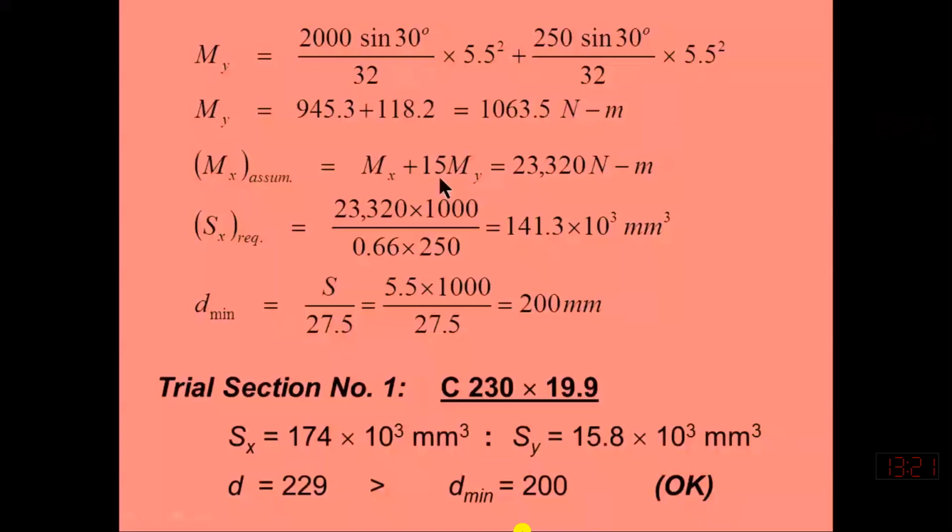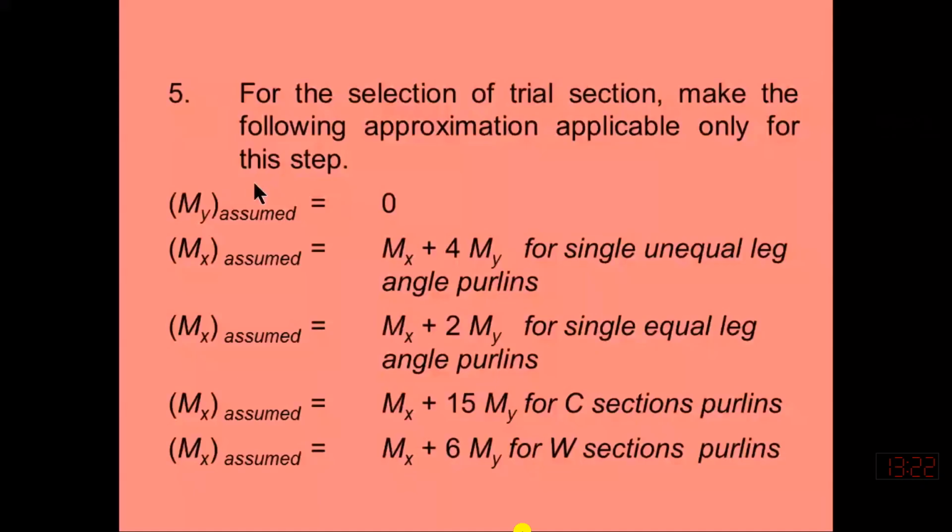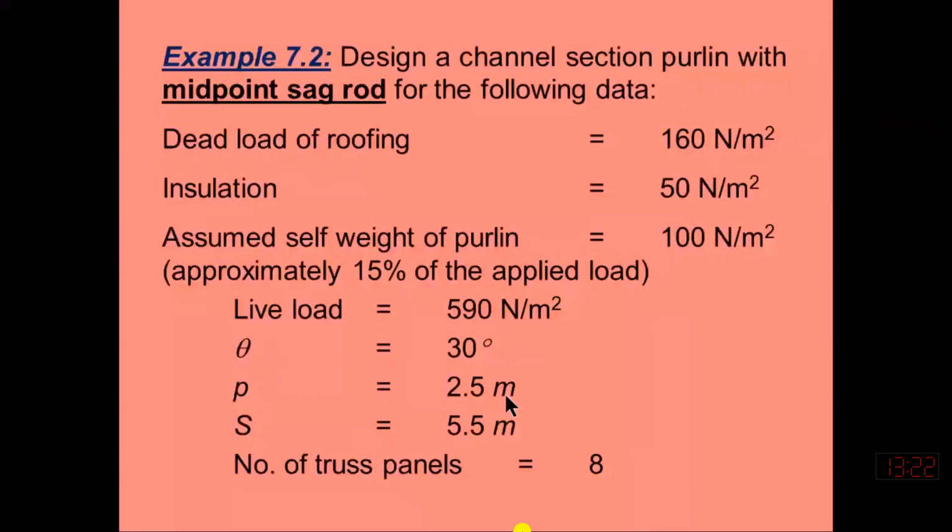Just to revise this, refresh this, I will need to show this slide. So we need to compute the assumed bending moment about the x-axis. And for the case of a channel, if we want to design the purlin as a channel section, Mx assumed will be equal to Mx plus 15 times My. So here I have computed the Mx assumed, which is equal to